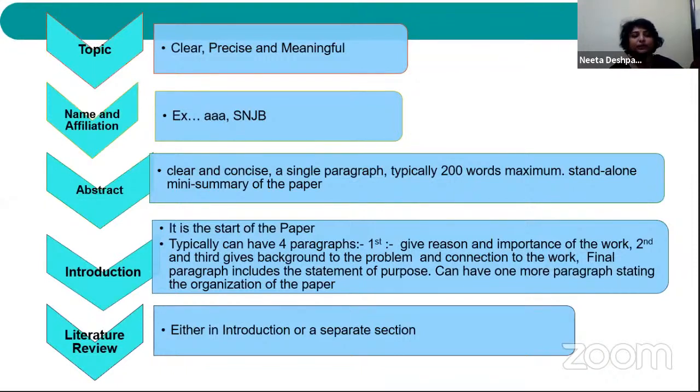What comes next is your literature review, and for those going in with research ideas, this literature review plays a major role. So if it is a research paper, I would suggest you have a separate section of literature review, else you can merge your literature review with your introduction section.